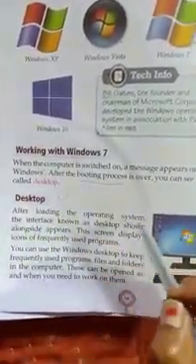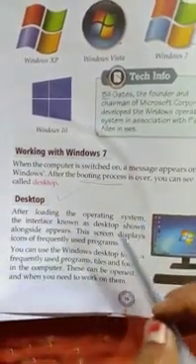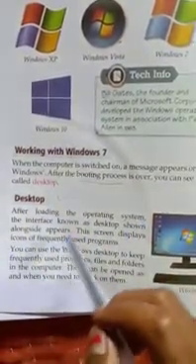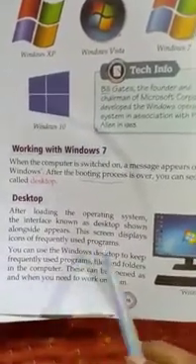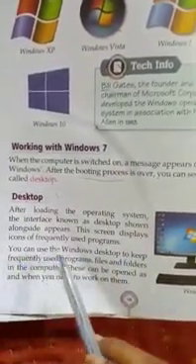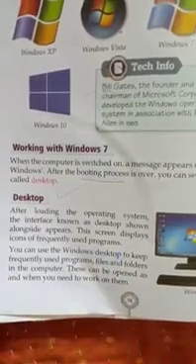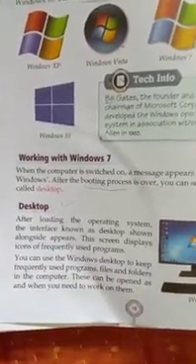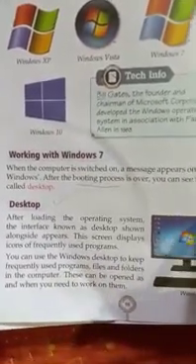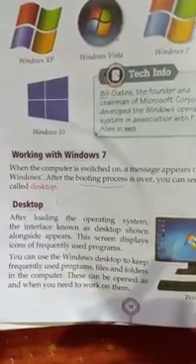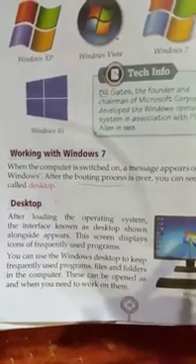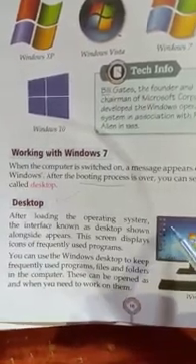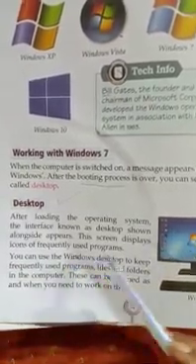After loading the operating system, the interface known as desktop appears. This screen displays icons of frequently used programs. So dear my students, in this desktop you can see some icons that are frequently used programs.